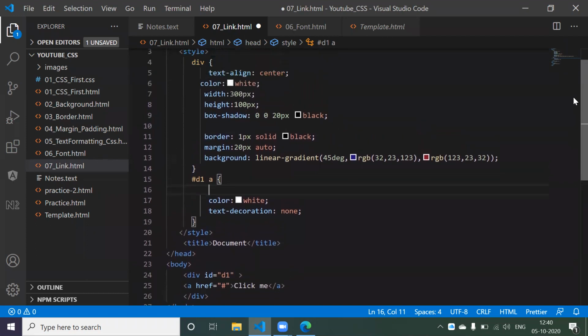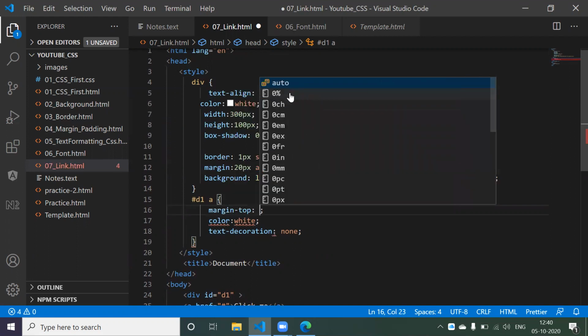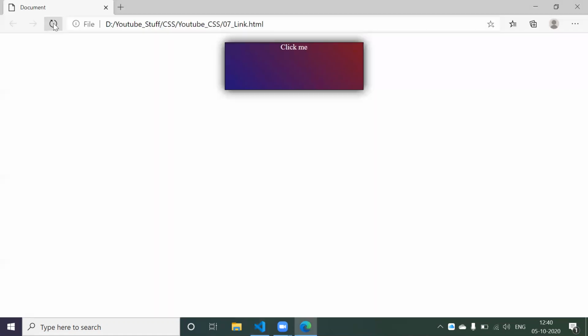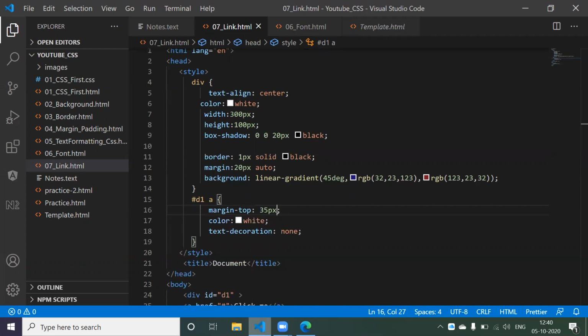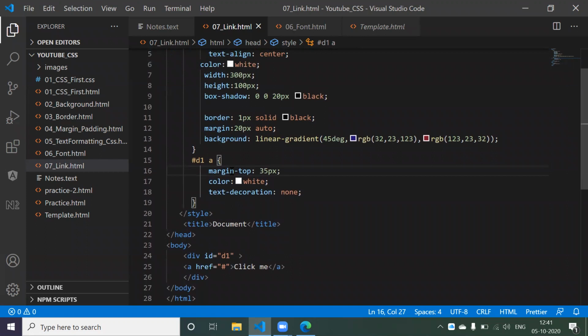Okay, href anchor tag, fine. I'm going to say margin top should be 35 pixel, and save the file. Come to your browser, refresh it. No, it is not applying for this one. Anchor tag, why it's not applying, I don't know. For hash d1 we gave everything right, only margin is not applying because anchor tag doesn't apply this margin. So as of now just remove it,